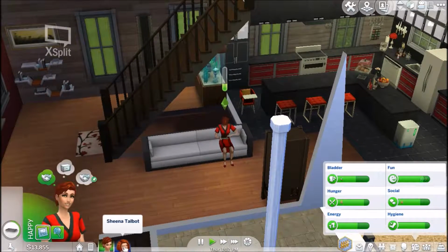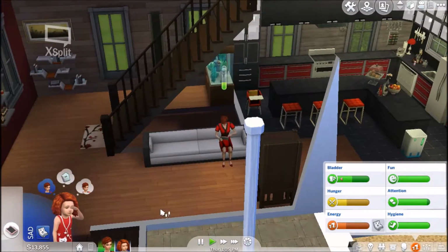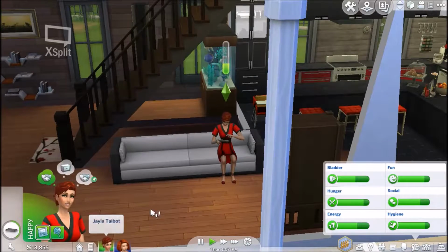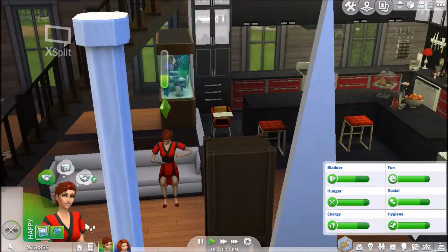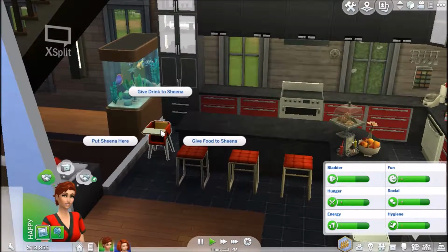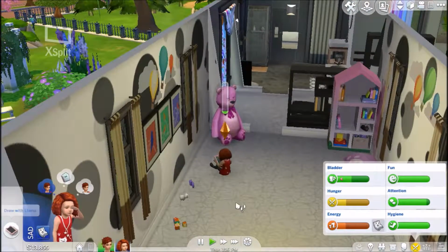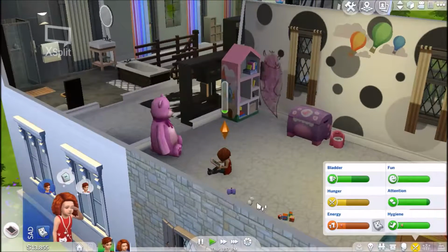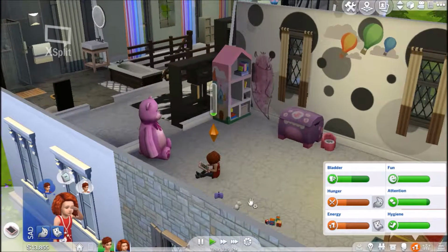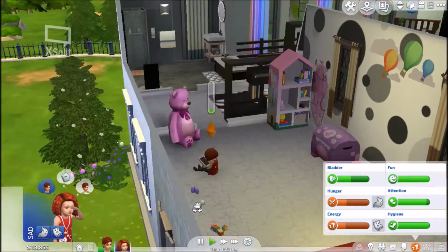One moment. Sheena seems to be sad. Why is Sheena sad? Because she's got low energy. It's time though, if you come off from playing a sports game, Jayla didn't really see sports being your thing, and you put Sheena in there. So Sheena's currently drawing with Llama, and they're hungry. I saw that coming. So if she stops playing with a tablet,